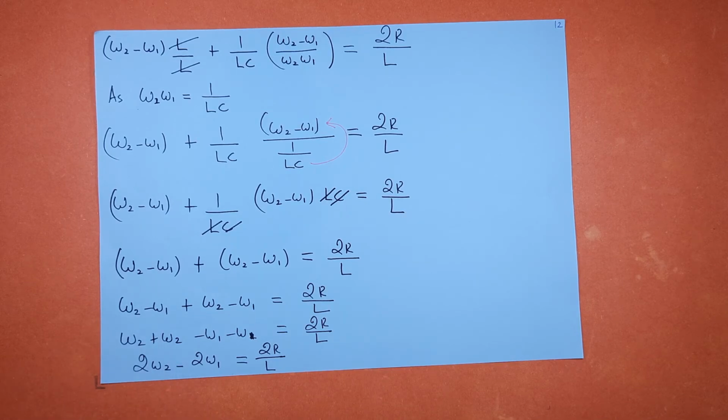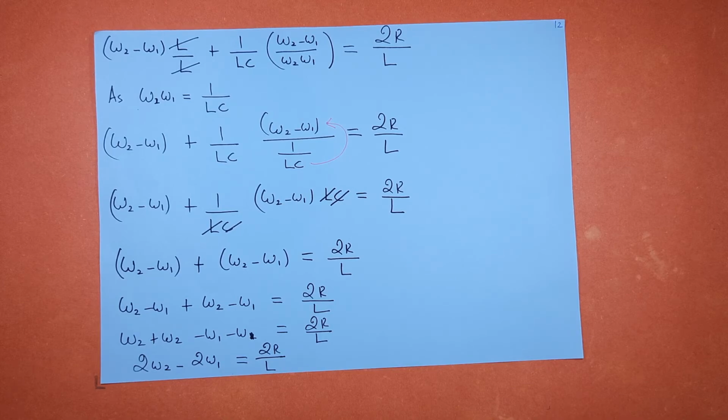So we write omega 2 minus omega 1 plus omega 2 minus omega 1 equal to 2R divided by L. So I combine these two things: omega 2 plus omega 2 minus omega 1 minus omega 1 equal to 2R divided by L. So omega 2 plus omega 2, 2 omega 2, minus 2 omega 1